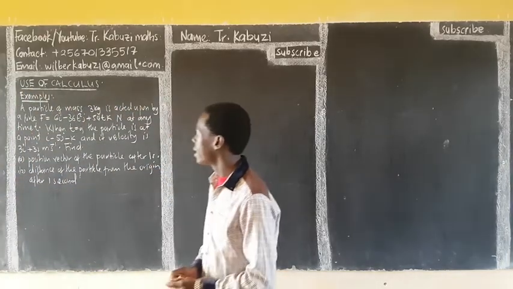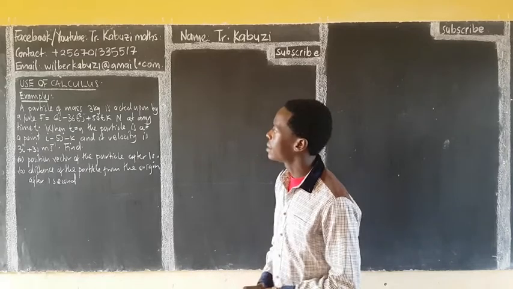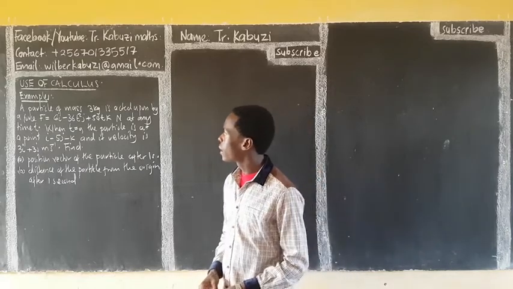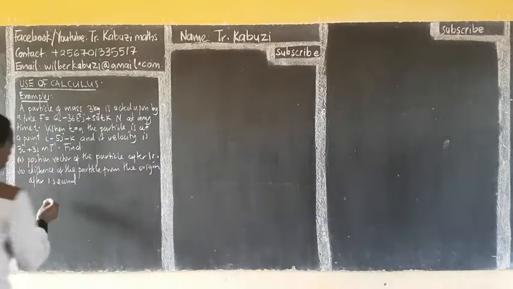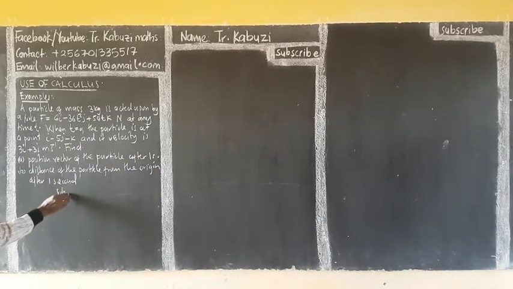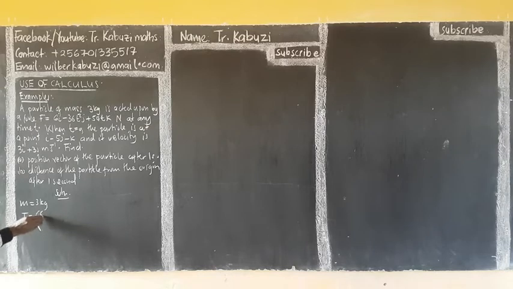Okay, let us see this question. It says a particle of mass 3 kilograms is acted on by a force. So we read as we summarize. We have a particle, so its mass is 3 kilograms, acted on by a force. The force is, in vector form, 6t squared, giving it in a column form,